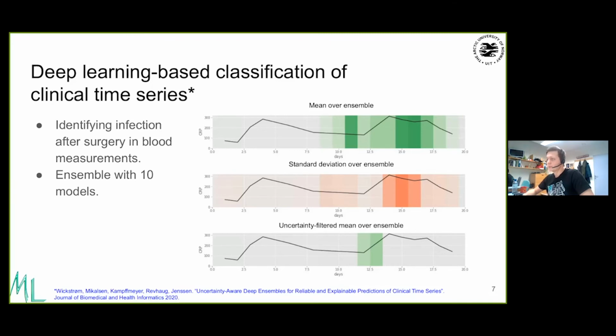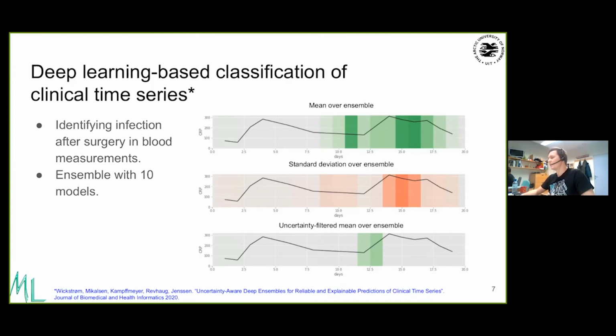But after consulting with the clinicians that we cooperate with, what they told us is that an increase in CRP after surgery is actually very normal for all patients. So it's the body's reaction to major surgery. So that wouldn't actually distinguish between patients that can get an infection and ones who don't. But what is typically a sign of an infection brewing is that